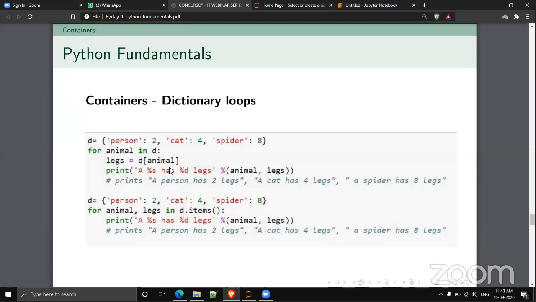Then you will get the name as well as the value. The name is in the variable animal and the value is in the variable legs. At each iteration I am printing that an animal has a number of legs, so it will print: a person has 2 legs, a cat has 4 legs, a spider has 8 legs.